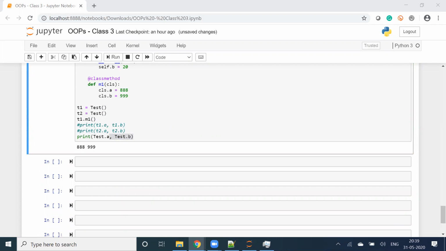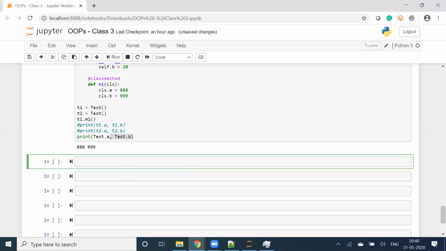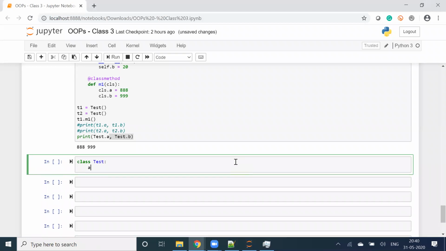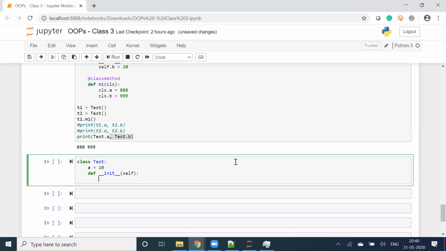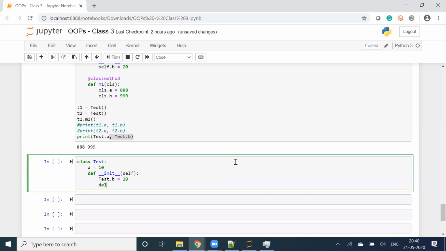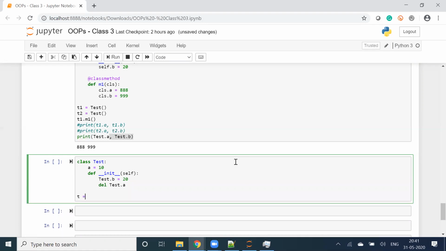All right. Next. Now, class Test, a is equal to 10. Now where can I delete the static variable? Def init, self, Test.b is equal to 20, del Test.a.